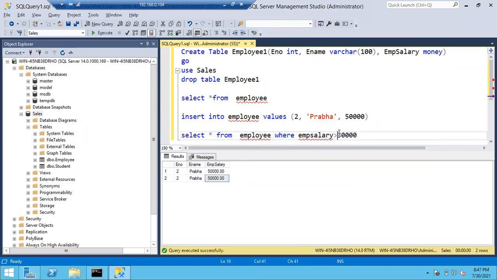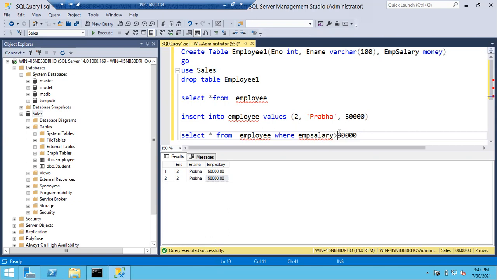Now I want to pull the data whose employee name is Suresh. What is the query for that? I want to pull all the records with employee name Suresh. Can anyone tell me the query?